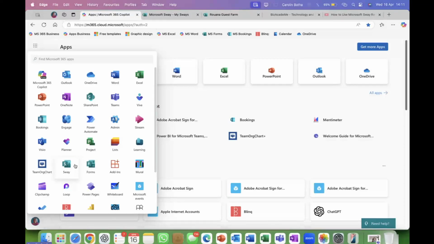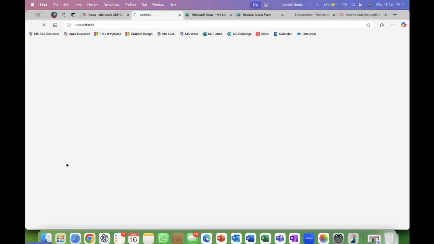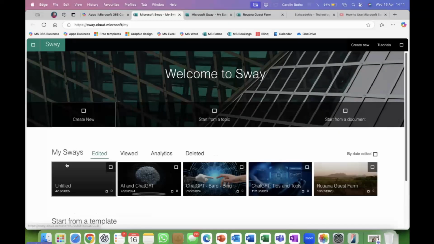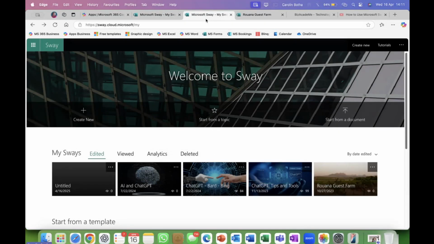And we've done a couple of them already, like Forms, Excel, Word, PowerPoint, OneNote. Oh my goodness, Bookings. So there's a couple left, and today is the turn of Microsoft 365 Sway. So you'll just go to your app launcher, click on Sway, and Sway will open for you.